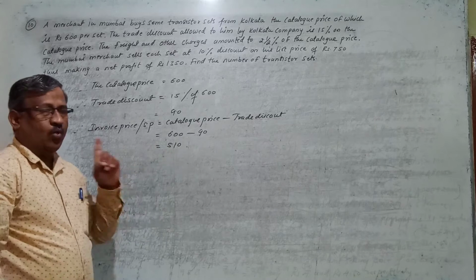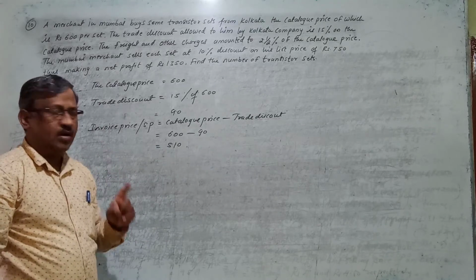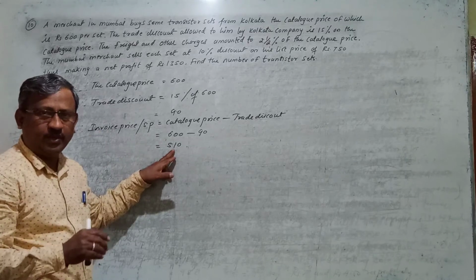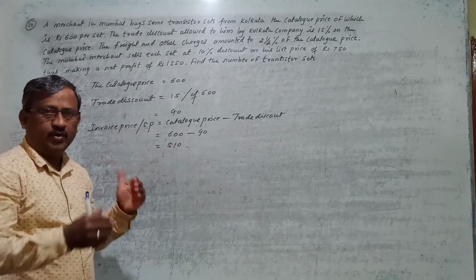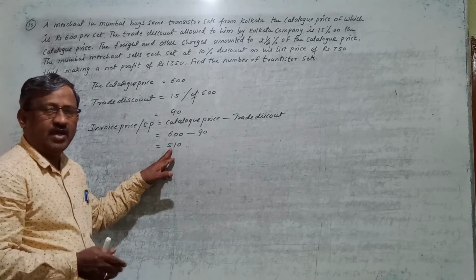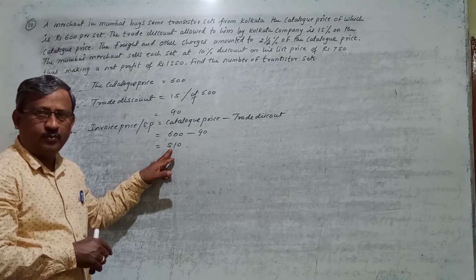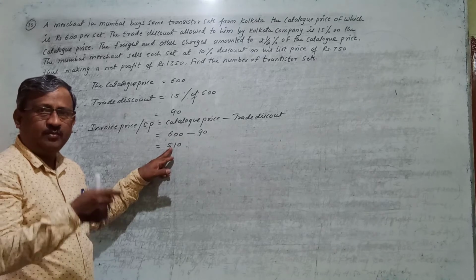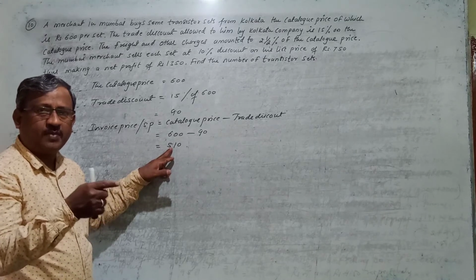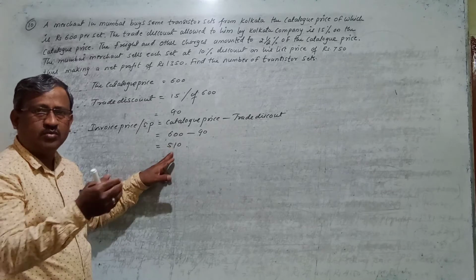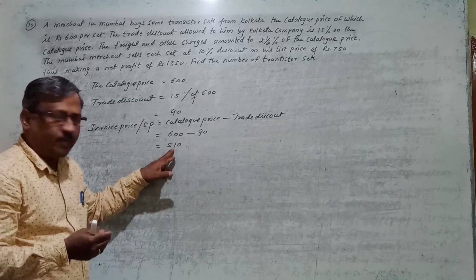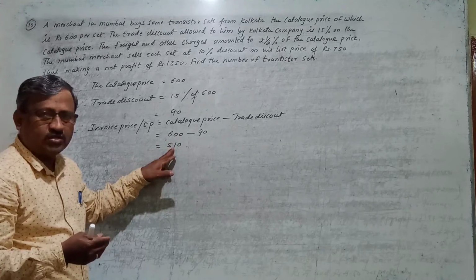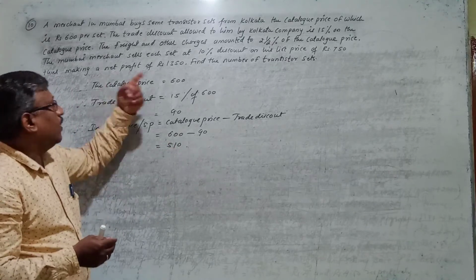Means to buy one transistor set from the Kolkata company, the Mumbai merchant will have to pay 510 rupees to the Kolkata company. As he is buying, he has to buy at how much? 510 rupees only. So this is the selling price of whom? The Kolkata company. The selling price of the Kolkata company becomes the cost price to whom? To the Mumbai merchant, because the Mumbai merchant is buying. So at what price is he buying the transistor set? At 510 rupees. So this is the cost of the Mumbai merchant.